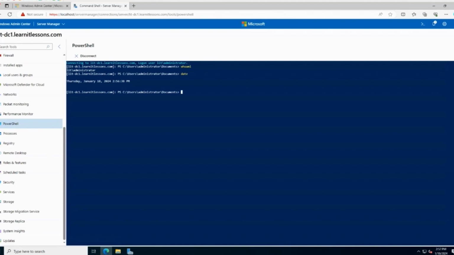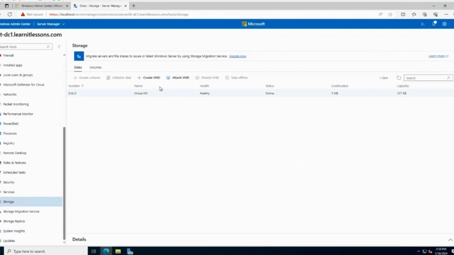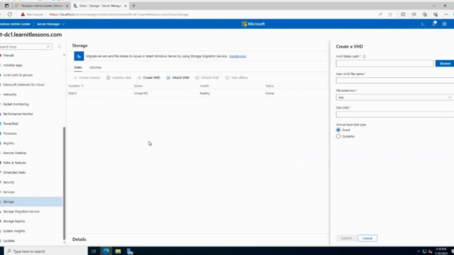For Windows operating systems, you can decide between master boot record, or MBR, and globally unique identifier partition table, which is GPT. So I can press Storage here, and if we press Create VHD, we can start creating